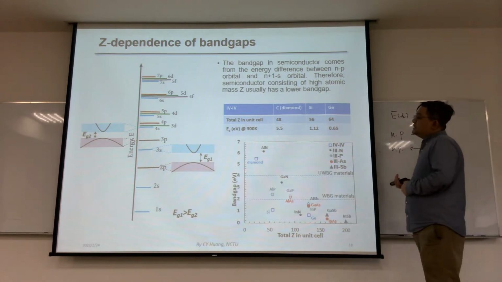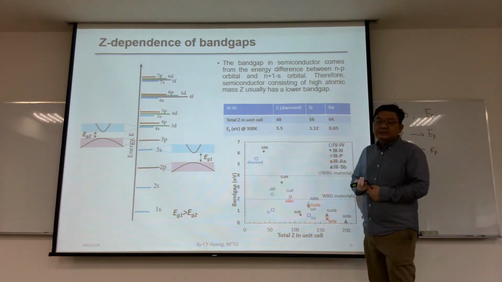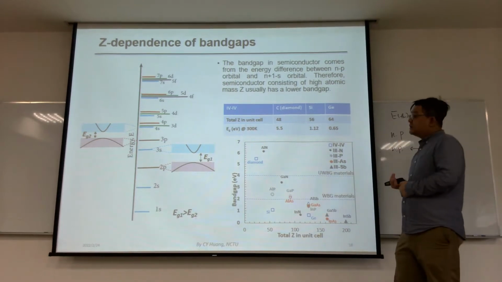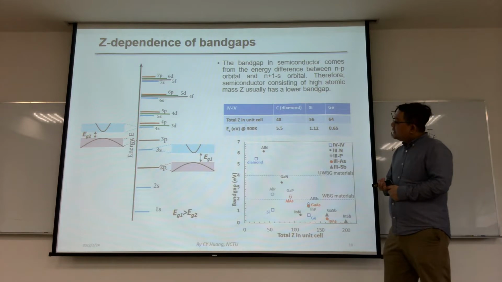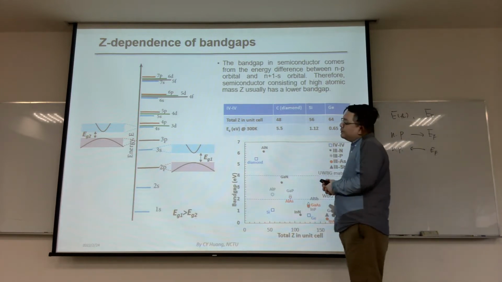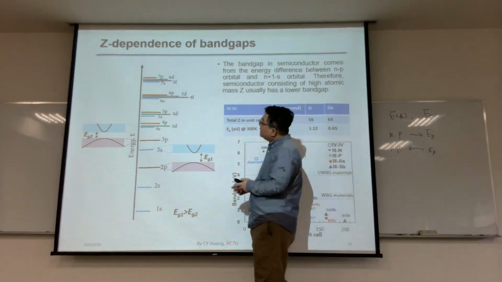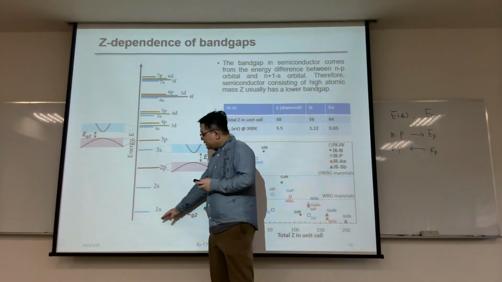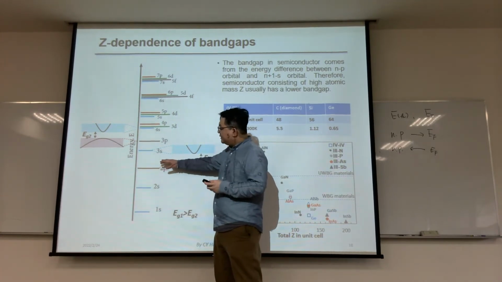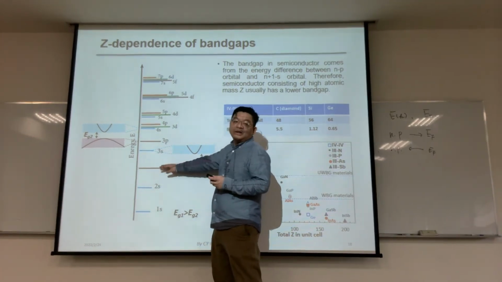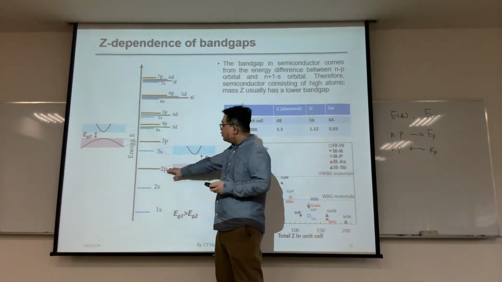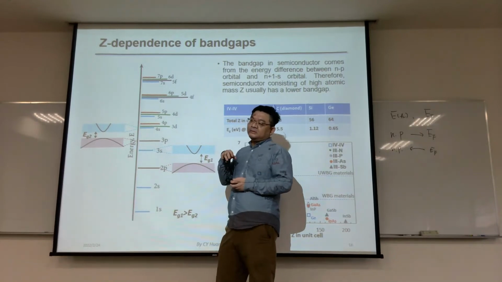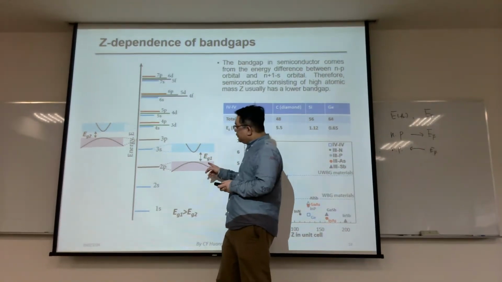For a material with a lower total Z in the unit crystal, the band gap is usually higher. There's a rather simple explanation here. This is the distribution of energy levels in hydrogen. You have 1s, 2s, 2p, and 3s. If your